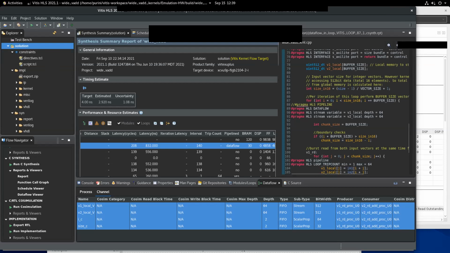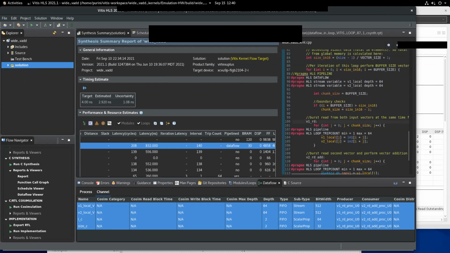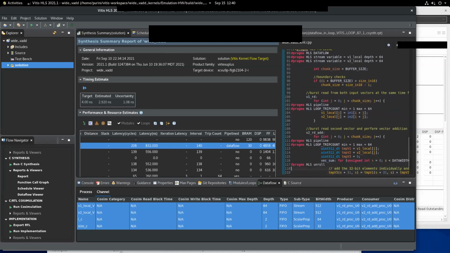Then there is one loop, the first v1_read loop, wherein we read a chunk of data from the memory. And then there is a second loop, v2_read, in which we are doing the actual computation.